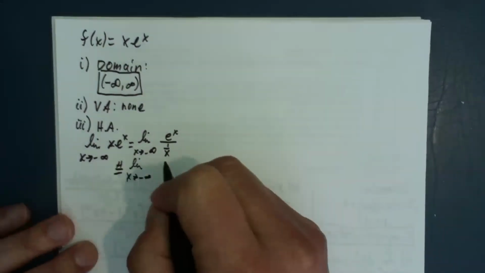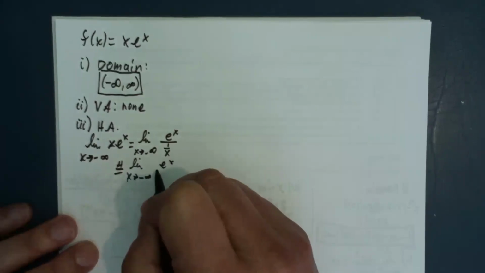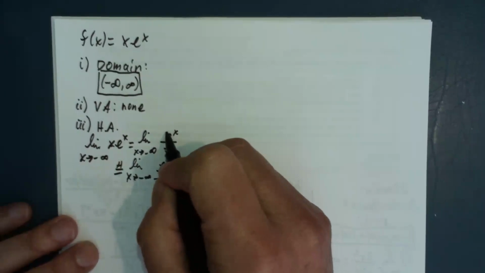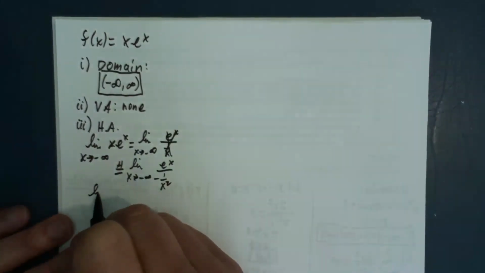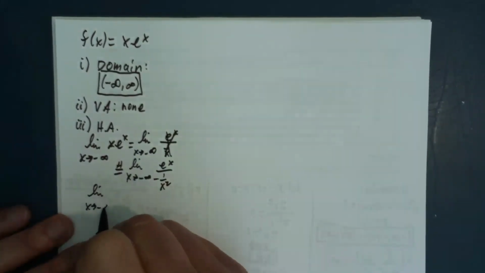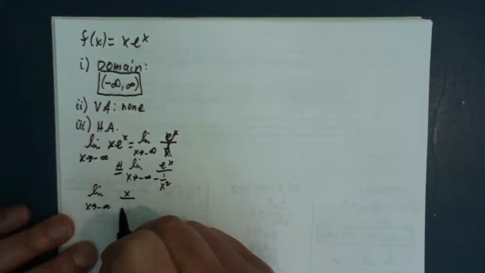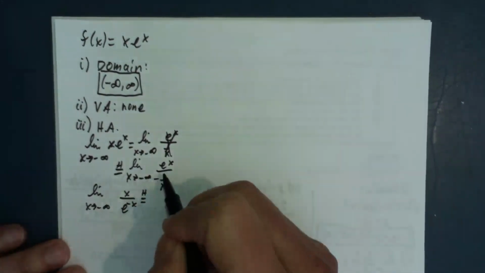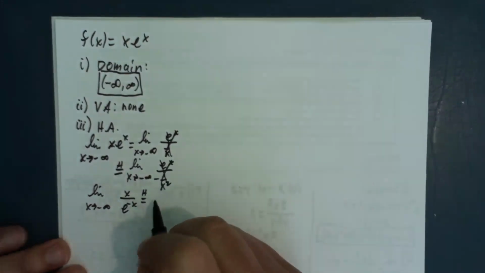And I don't think this is going to make the situation any better. It's not. So let's try it instead of this way. Let's try it this way. Now we have an infinity over infinity situation. So when I apply L'Hopital's here, notice this just made it worse. So applying L'Hopital's here,